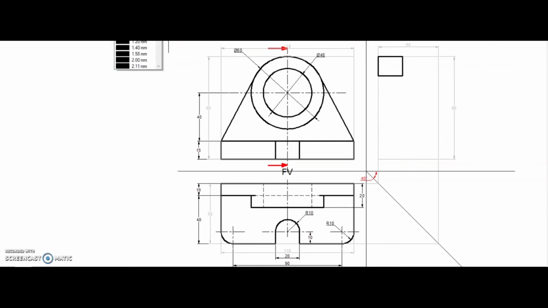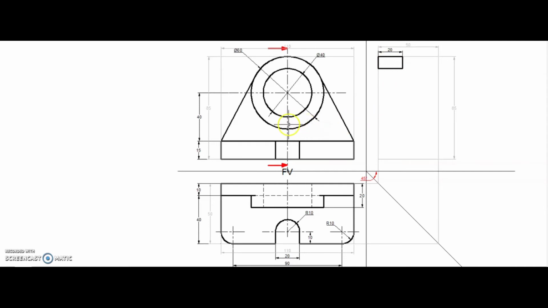Let us check the dimension whether it is correct. Okay, this is a mistake. Let us correct it. So for this, take the projections from this line, and from here to here draw this line of 20 millimeter and join it here. So this is the portion where the actual material is cut by the section plane.